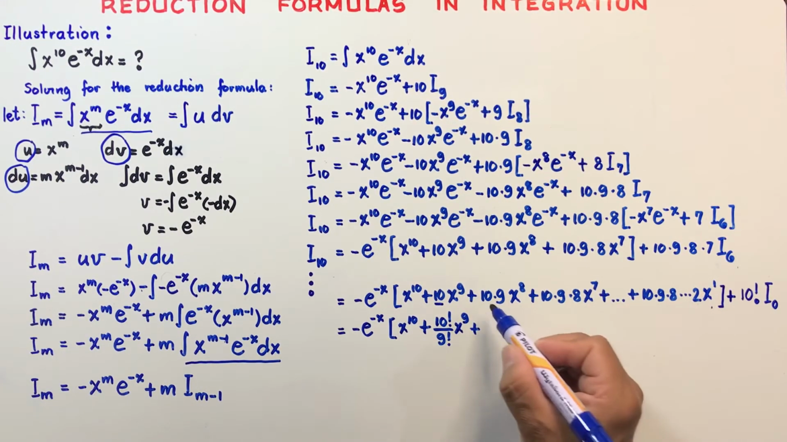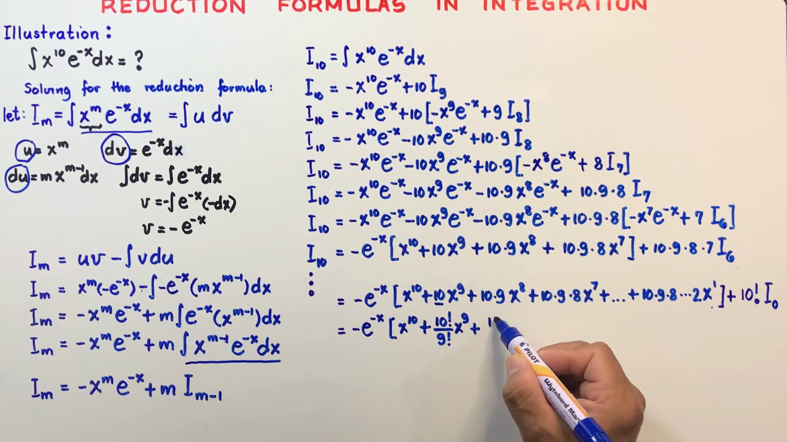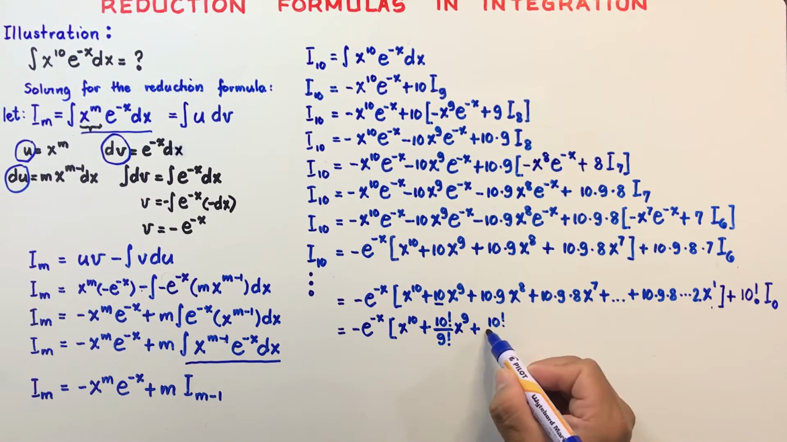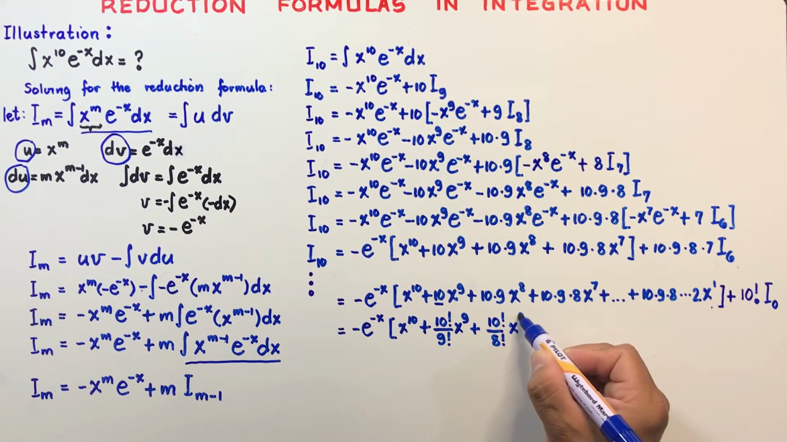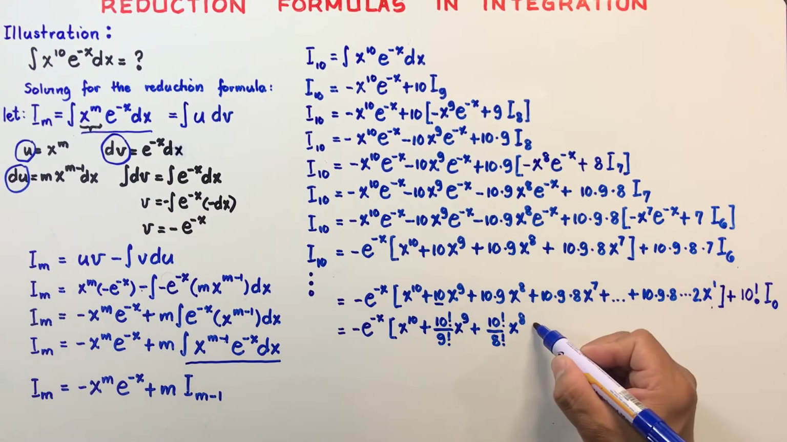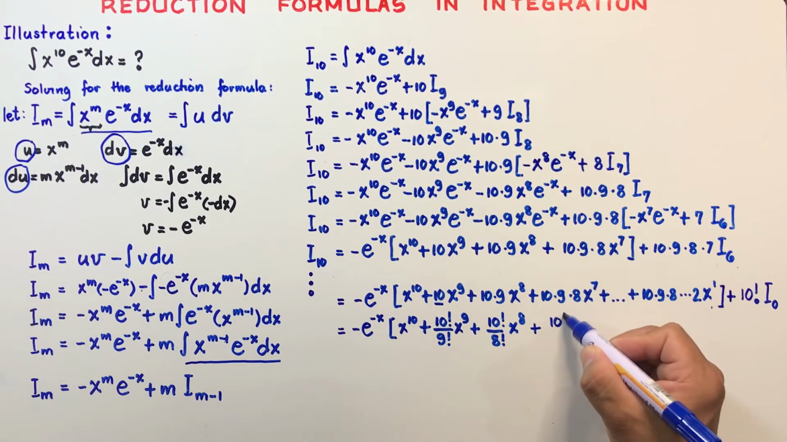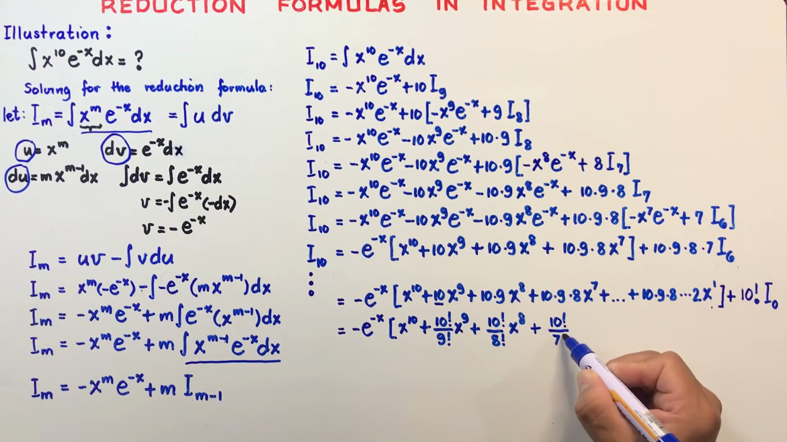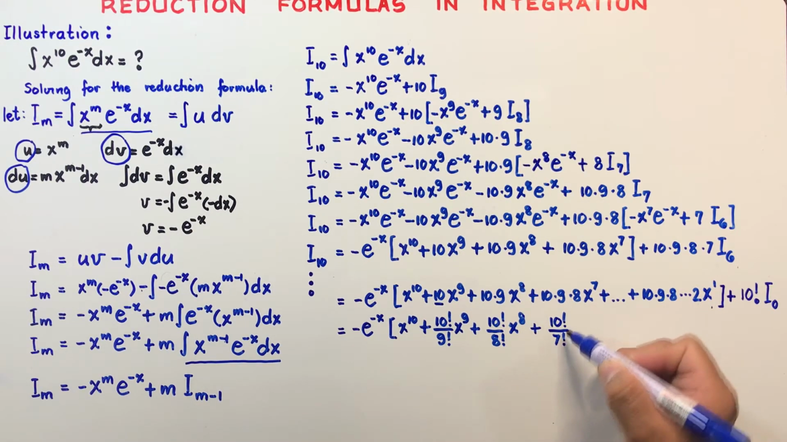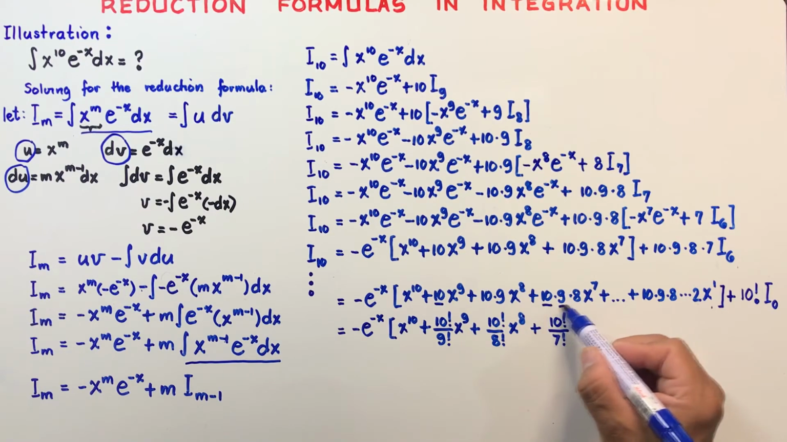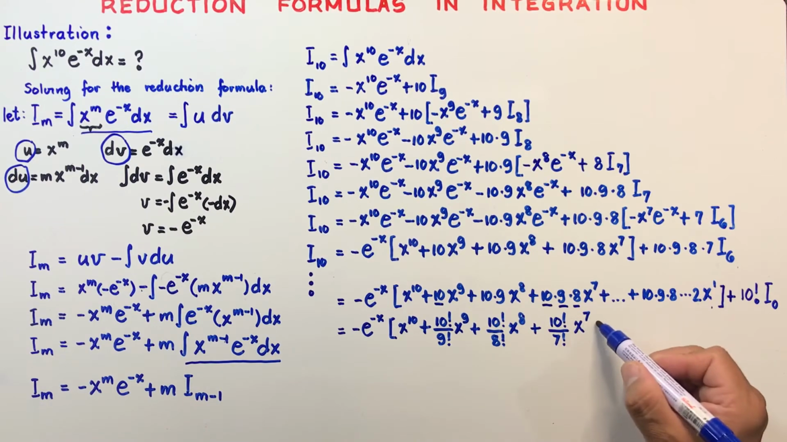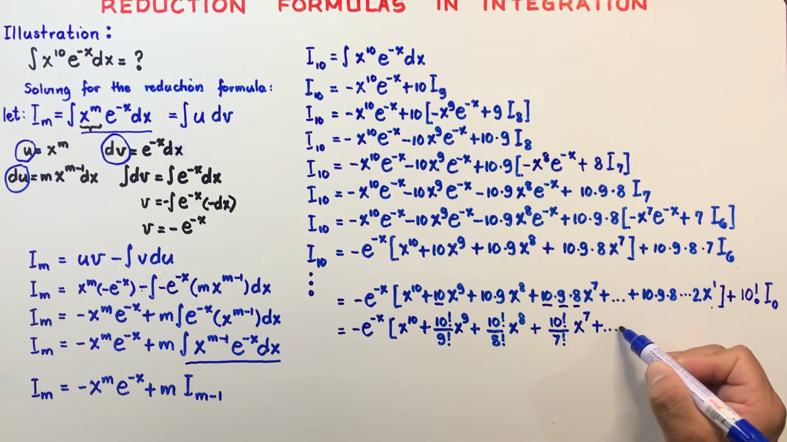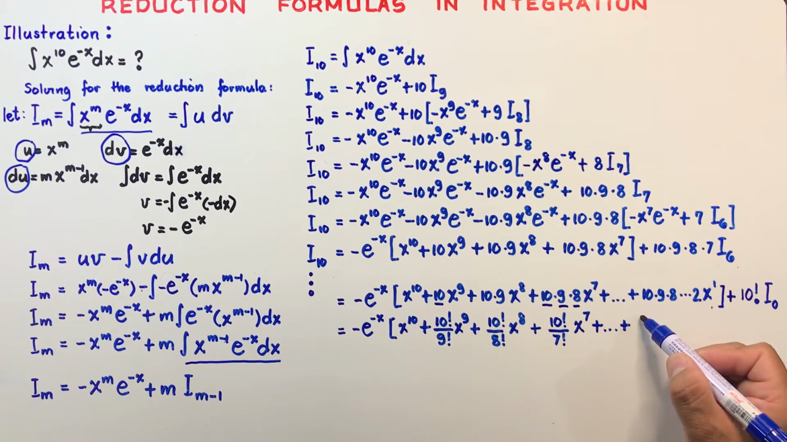And also this 10 times 9 can be represented by 10 factorial divided by 8 factorial, and this is multiplied by x to the power 8, plus 10 factorial divided by 7 factorial, because 10 factorial divided by 7 factorial is this one here, 10 times 9 times 8. And this is multiplied by x to the power 7, plus and so on and so forth until you reach